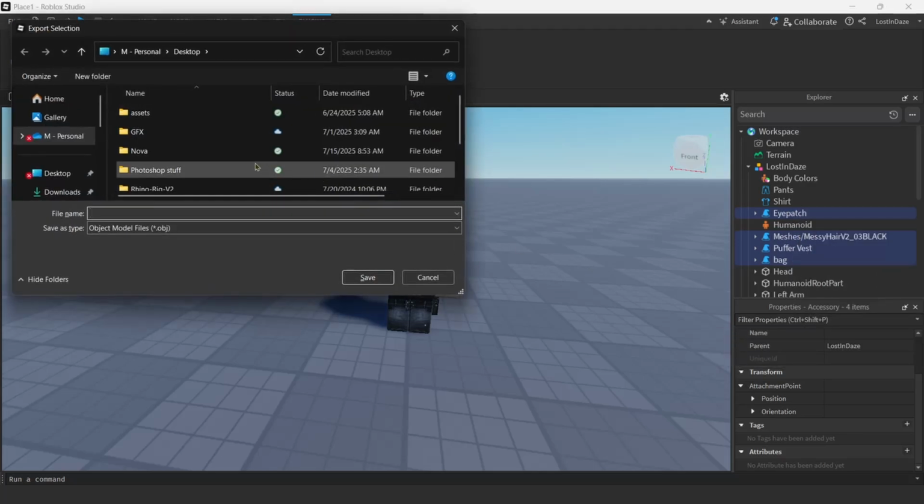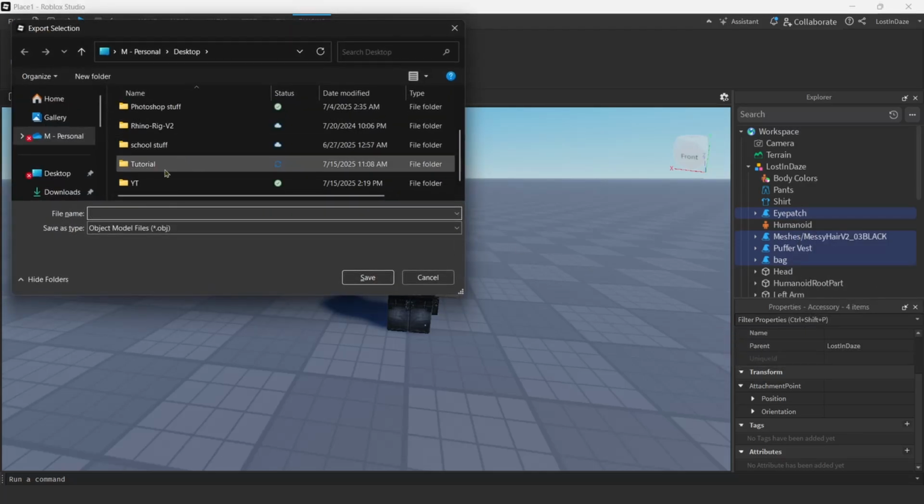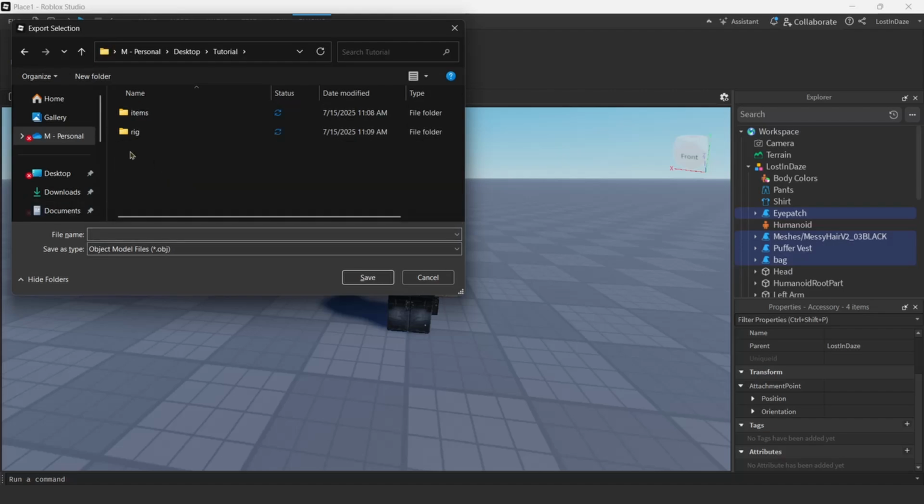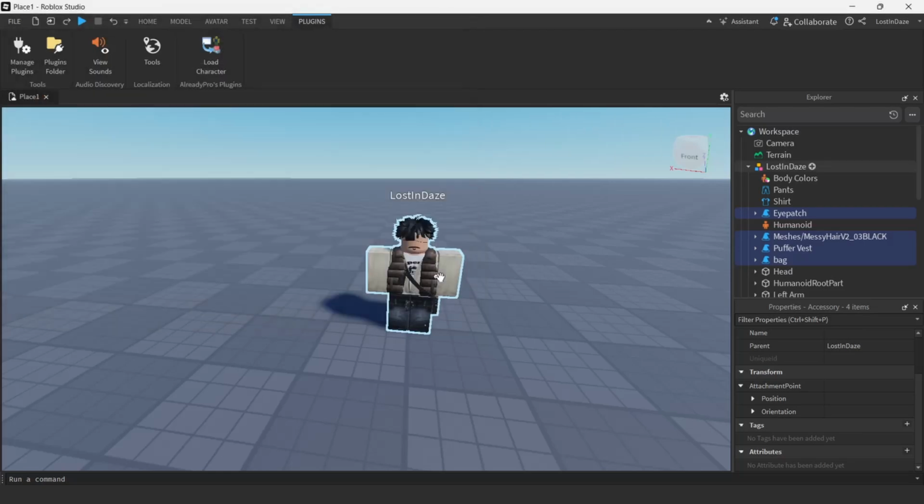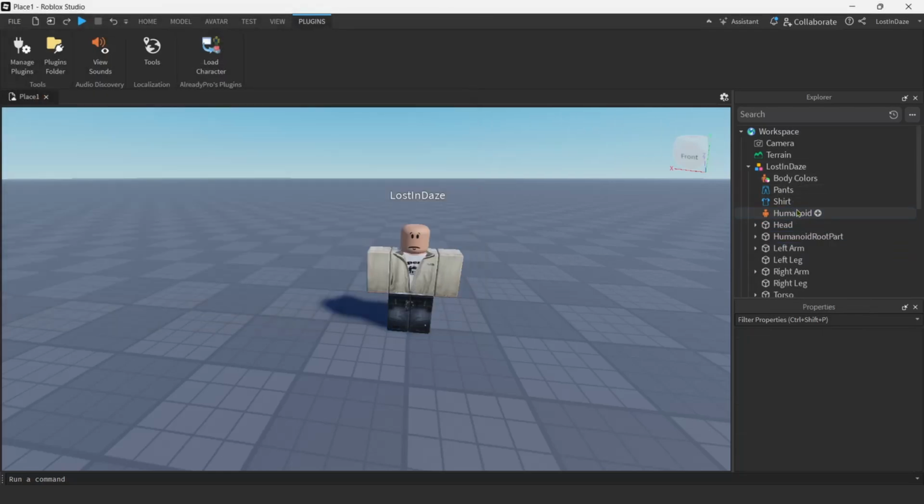And then you want to go to a folder. Now, I already have mine prepared, just a little quick folder for the tutorial. In items are all my accessories that I've already saved. You can name this file anything. You can name it accessories, items, models, whatever you feel you need to. Just make sure you remember what you name it. After you save yours, what you want to do is delete all of your accessories,